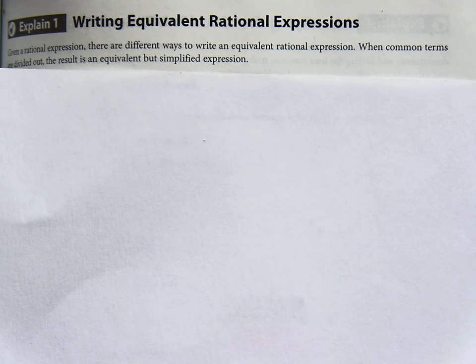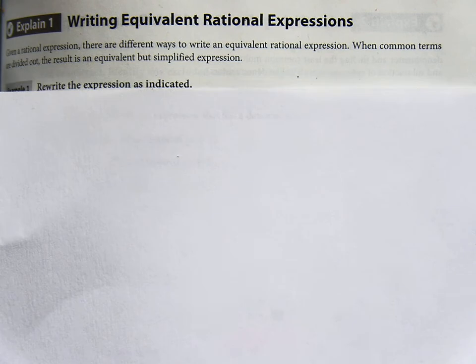Algebra 2, we have Explain 1, writing equivalent rational expressions. Given a rational expression, there are different ways to write an equivalent rational expression. This is the same concept as an equivalent fraction. When common terms are divided out, the result is an equivalent but simplified expression. This is simplifying, sometimes heard as reducing, but overall it is truly a simplified process